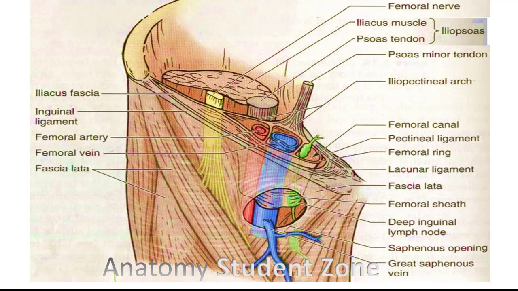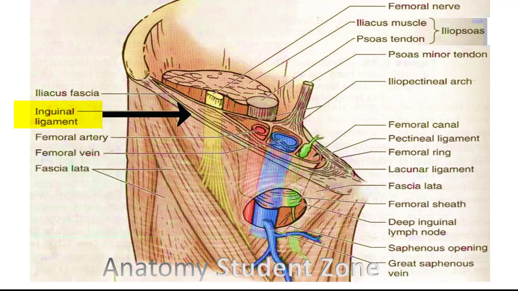So dear doctor, it is very important to consider the differential diagnosis of a femoral hernia, because after covering its anatomy, you know there are other anatomical structures present close to the inguinal ligament. For example, the inguinal canal is also close to the inguinal ligament. The great saphenous vein is also present in the upper region of the thigh. The femoral sheath is also there. The femoral artery is also present close to the inguinal ligament. So we have to rule out all these factors in order to make a confirmed diagnosis of a femoral hernia.